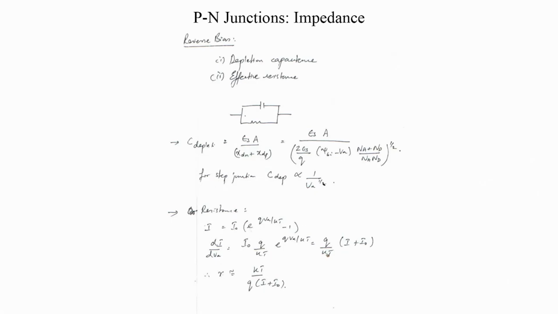Now let us move on to another topic, which is to try and identify the effective impedance of a PN junction. Okay, so just to summarize the current voltage characteristics. We found that in a PN junction